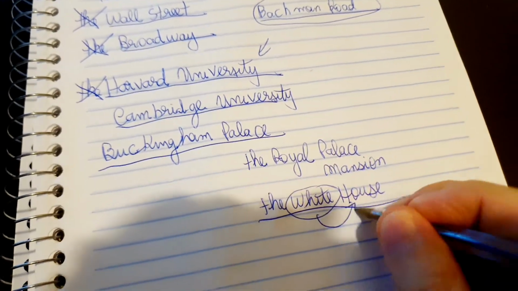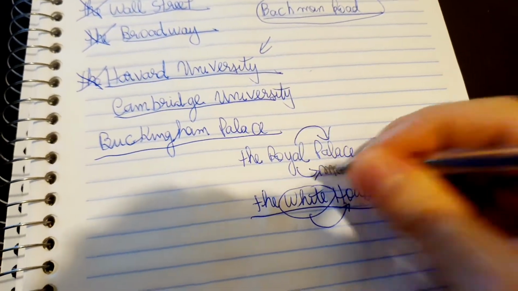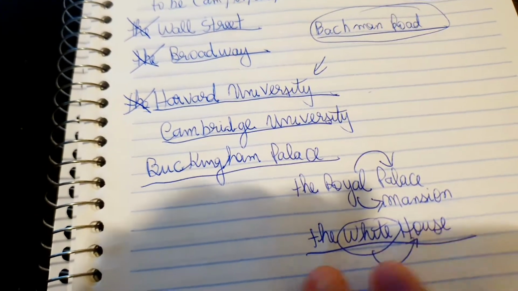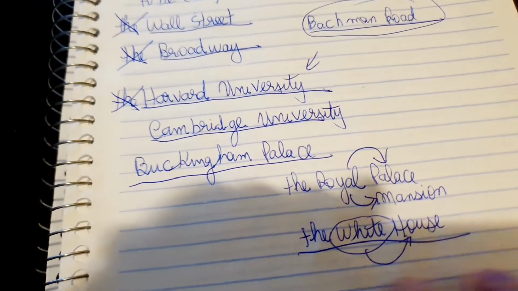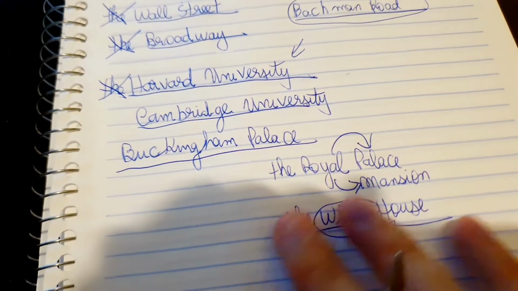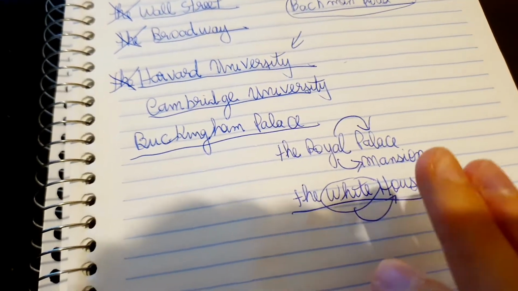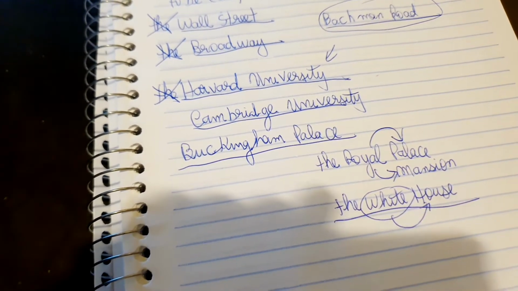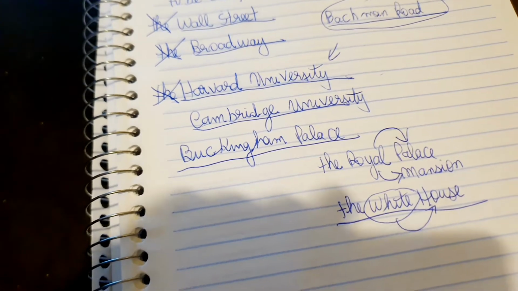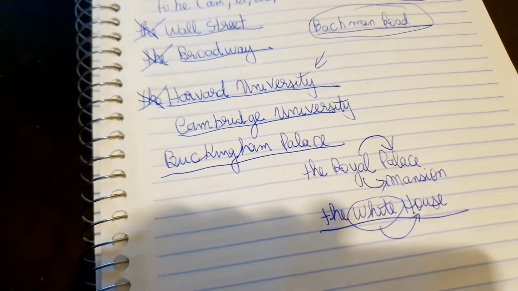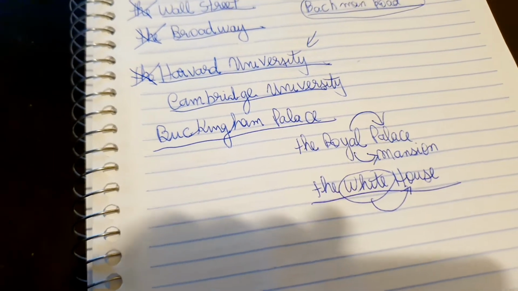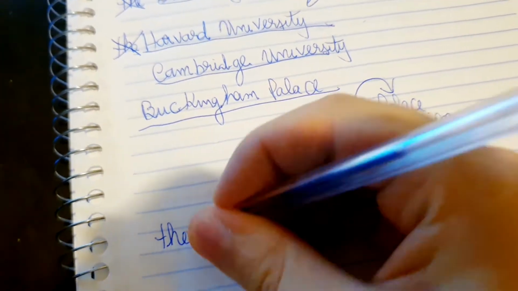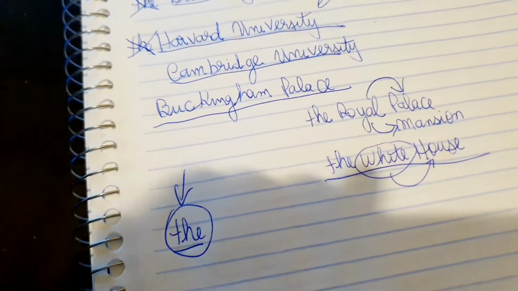White is an adjective, royal is an adjective, so you have to use the, okay? It's not a name. The White House is where the presidency of the United States works, right? Okay, another thing we have to consider, many other places, many other buildings use names with the definite article. We are talking only about the definite article, the, right?